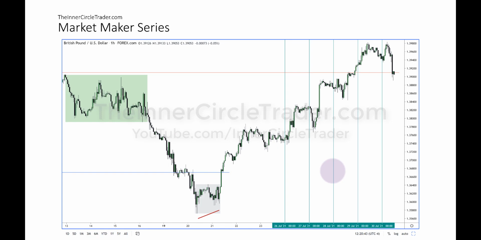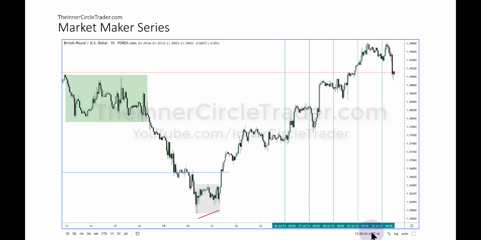So now I have the daily dividers on, and how I did this, in case you're wondering if you're new, all I did was create a vertical line and dropped it on the 0, 0 level on the time axis down here. That's going to be midnight New York time. If you have your time, it's important that you have your chart set to New York local time. That'll make understanding what I teach